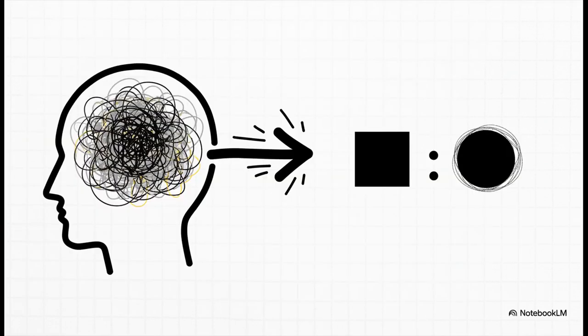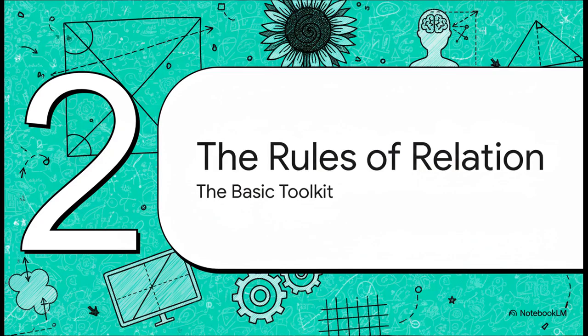And that's the real key here. A ratio isn't just a number. It's a language. It's the tool we use to formalize what our brains are doing intuitively all the time, comparing things. It's the language of relational intelligence, and it turns those fuzzy comparisons into precise, useful information. Okay, so let's dive into this language. Let's look at the basic toolkit that makes ratios work. It's way simpler than you might think, but these rules are exactly what give it all its power.